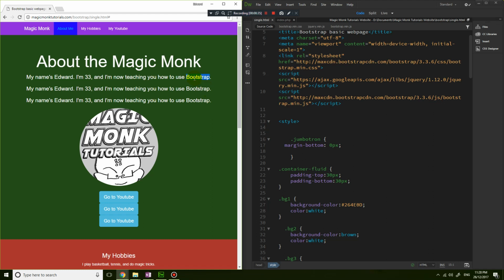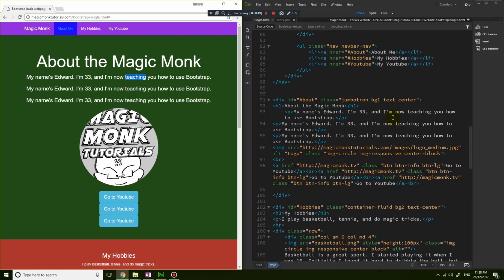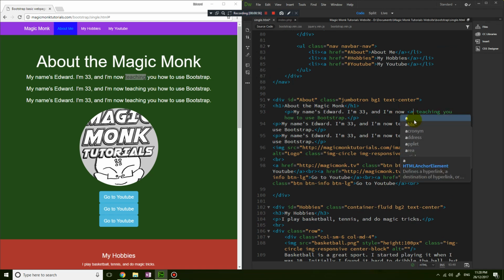Well, basically, let's go to somewhere that you want to turn into a popover. So let's say I want to turn the word teaching into a popover. So let's go to where teaching is, which is over here. And I'm going to, just before that, type in the code for a link. So anchor href equals, now it is not actually a link that goes to somewhere else. So let's just put a little